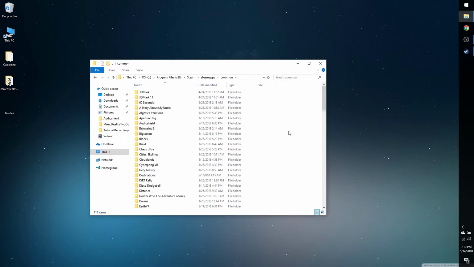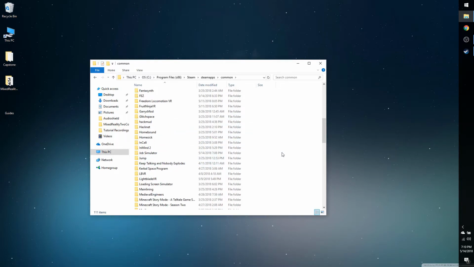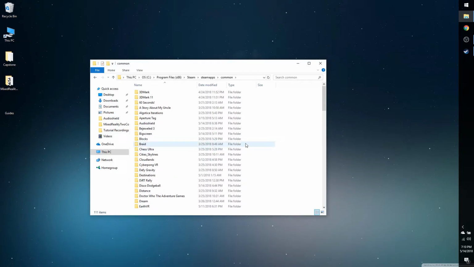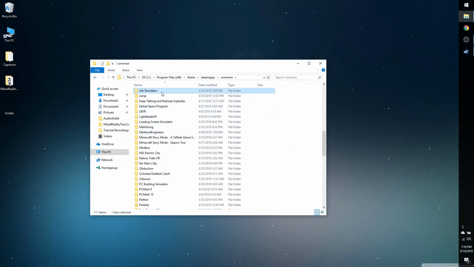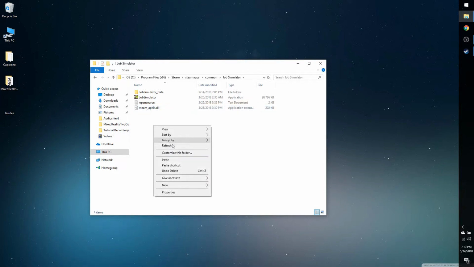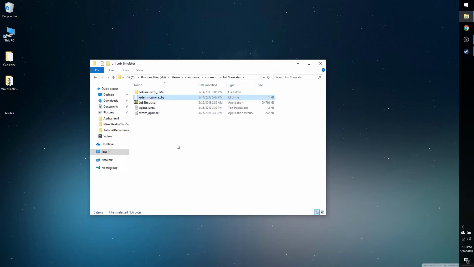reality. Not all games will work, but surprisingly some have worked that the developers didn't even know that their game was set up for mixed reality. So as weird as that may sound. So in this case, we're going to use Job Simulator. And go ahead and just click once into the folder and into whatever game you're doing and just paste the